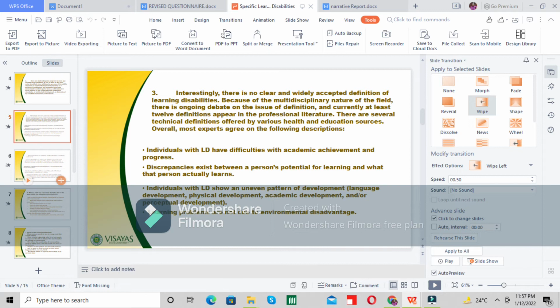The first one: individuals with learning disability have difficulties with academic achievement and progress. So that is true. Those students who have learning disability have low grades, and discrepancies exist between a person's potential for learning and what that person actually learns. Next, individuals with learning disability show an uneven pattern of development,